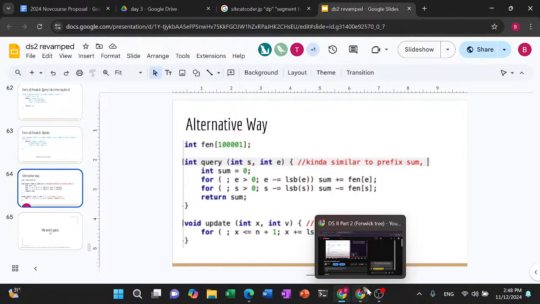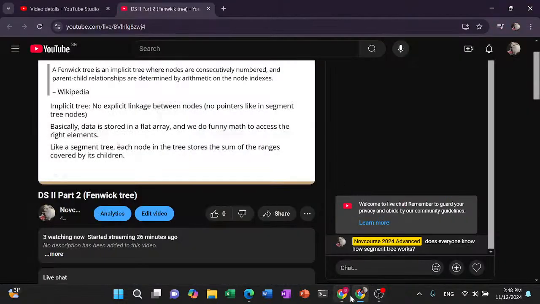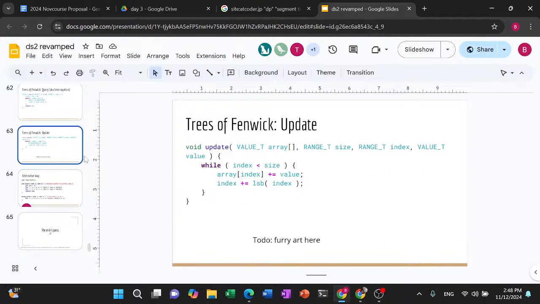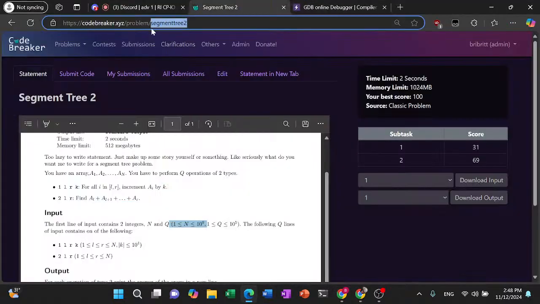You can do so either in the live chat or the Discord. In the meantime, if you have no other questions, you can start doing the problem Fenwick tree,